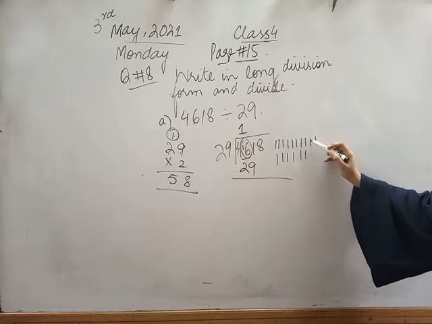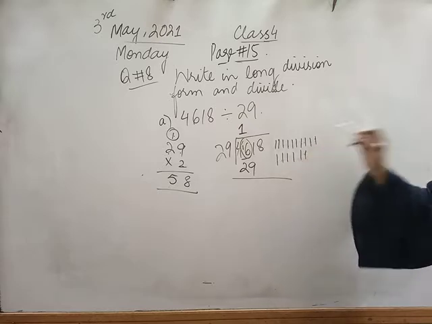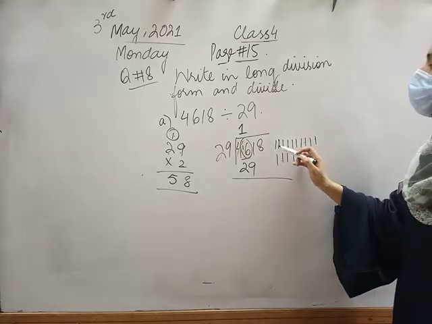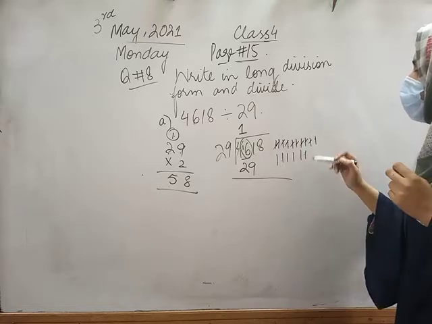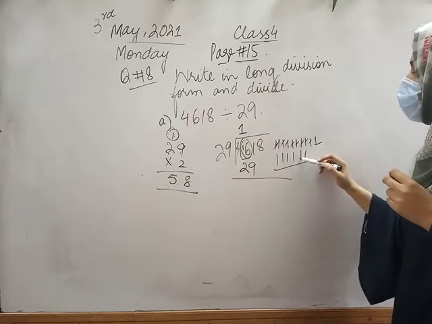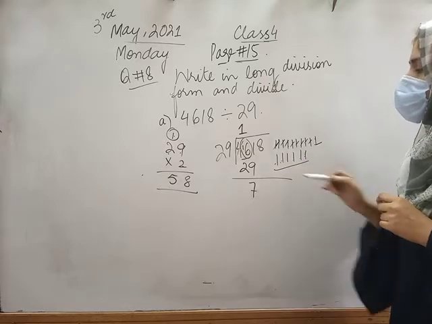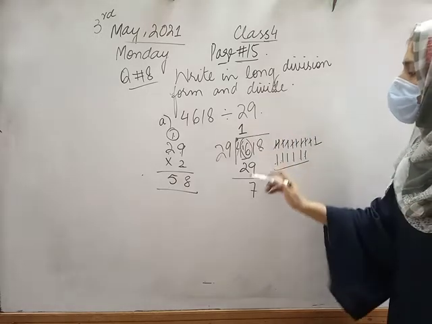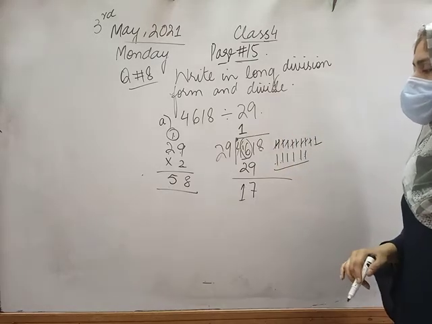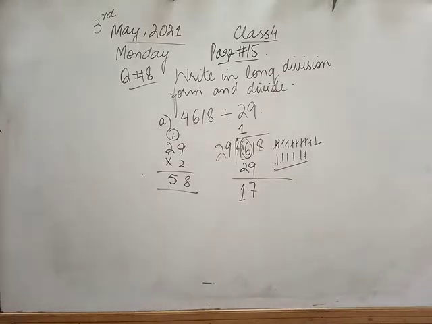So 16 minus 9. We count 16 and subtract 9 from it, and we have a total of 7 left. Okay? Now here what was left with us was 3. So 3 minus 2 is 1. So class, if you look, in the dividend we have 17 and in the divisor we have 29. Now the dividend is smaller than the divisor, so we will bring down 1.